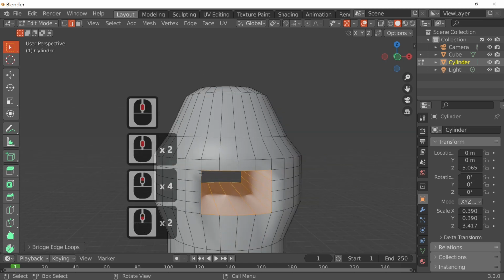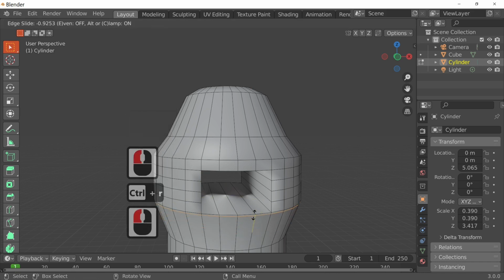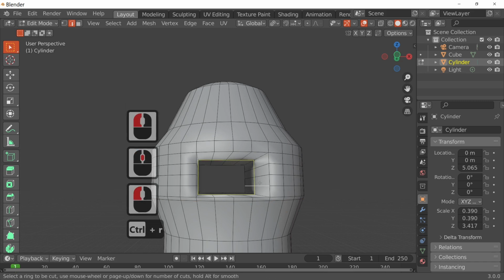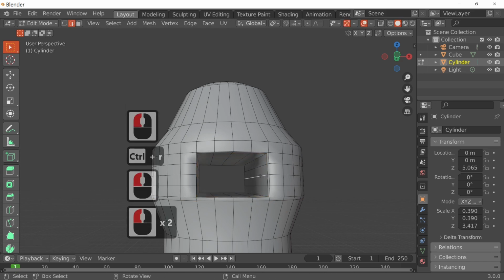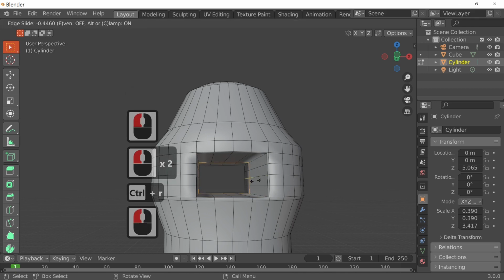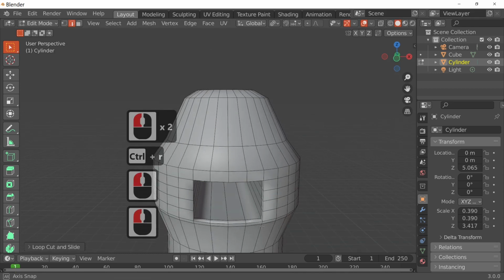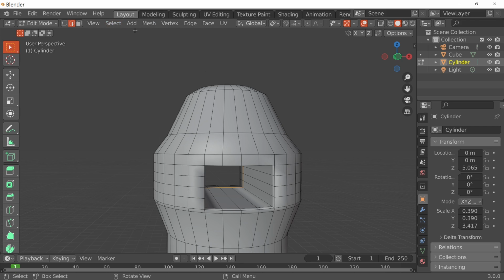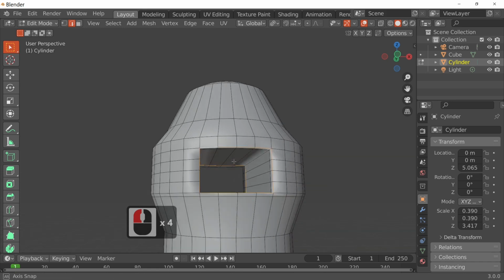As you can see, we've got some distortion here and here, so I'm just going to add another loop cut just to sharpen the edge on there, and I'm going to add one on the internal faces on either side of this hole. Control R just to finish that off. And finally, we're going to make this into a round hole quite simply by grabbing this edge here with the Alt key and the Shift key and going all the way around it.